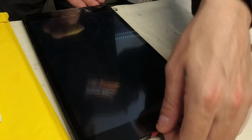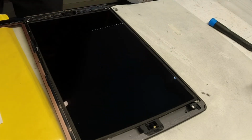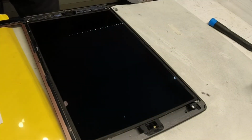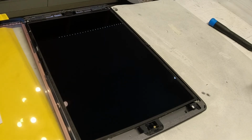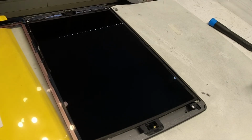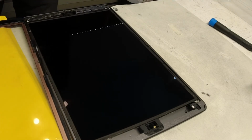So again, since we're in the very ending final stages, you just want to make sure you're being extra careful that you don't break anything further than it already is or was, and you want to be careful that you're not getting anything on the LCD screen. If there's a little debris, just a quick little dusting with the microfiber cloth will do. And then we'll just go ahead and start removing these adhesive strips, or the adhesive strip protecting